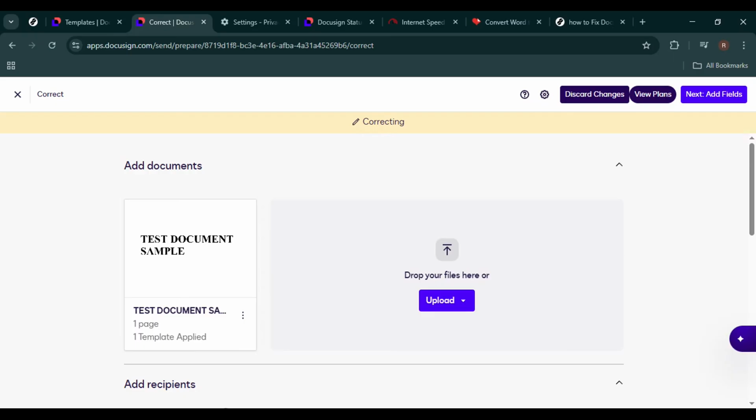I'll walk you through the most common causes step by step so you can get your envelope sent without any